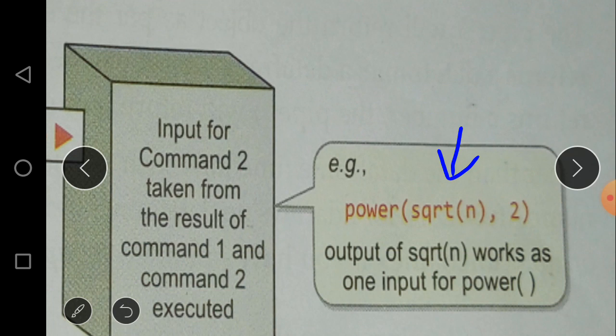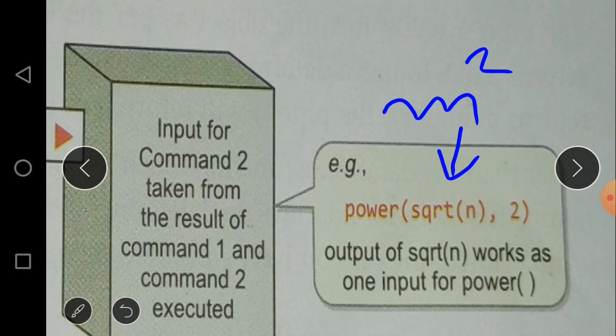We know that sqrt means the square root of a number, so it will take the square root of the given number n. After that we finally get a number. Suppose the number is m, then there is another function, power. This power function implements power(m, 2), meaning m square. So the output of sqrt(n) is the input of the power function.